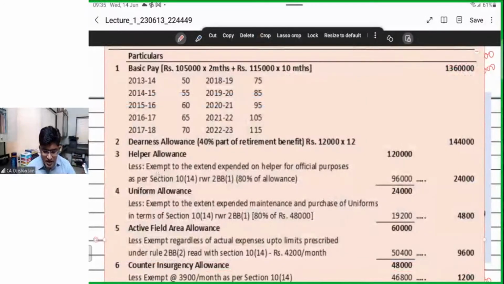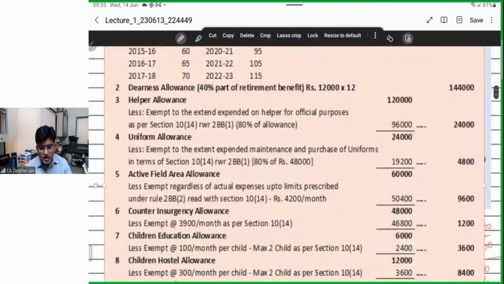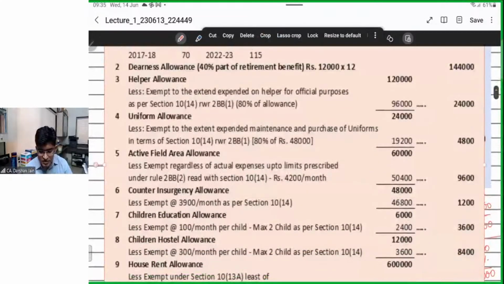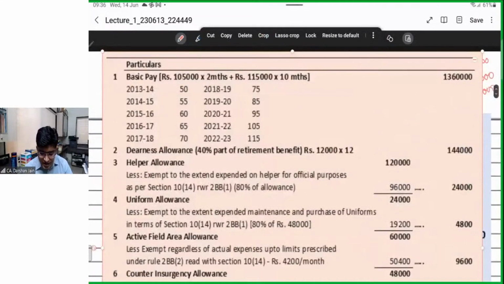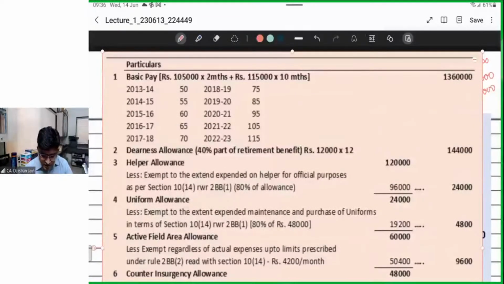As far as helper allowance is concerned, look at this, 24,000 taxable. We have already discussed it. 120 is received, 96 is expended, balance 24 is taxable. Similarly, uniform allowance, 20% is taxable. Active field area allowance, he has received 5,000 rupees per month. What is exempt? 4,200 rupees per month. So balance 9,600 taxable. Counter insurgency, well, counter insurgency is exempt to the tune of